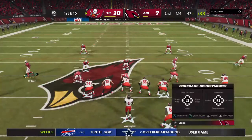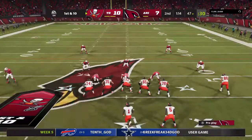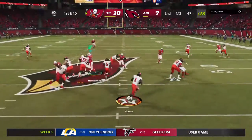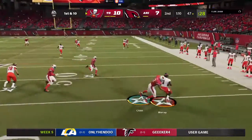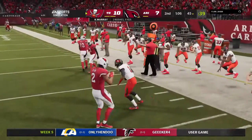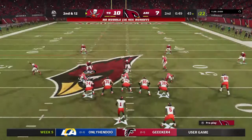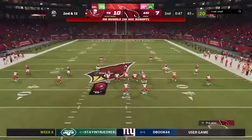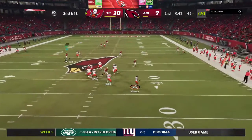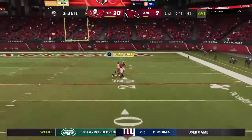The Bucs offense set to begin their next possession. Well, what do you think? You get the ball off the turnover near the middle of the field. You take a shot here in the first play? You know I'm big on that. I love when I have great field position after a turnover. I feel like I might have a little bit off balance. I prefer to take a shot, but a lot of coaches will tell you you only do it if you trust the guy who's got the football in his hands. Meaning, if it's not there, he...